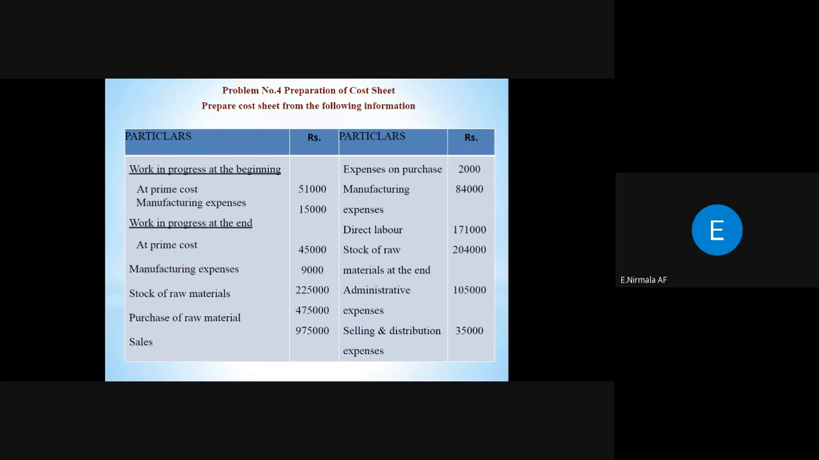Now, the next problem, problem number 4. Preparation of cost sheet from the following information. Here we have work in progress at the beginning. That is, beginning means opening one, right? Opening work in progress at prime cost, opening work in progress at manufacturing expenses. Next one, work in progress at the end. It means closing work in progress. So, closing work in progress at prime cost, closing work in progress at manufacturing expenses. Then here you have stock of raw materials, purchase of raw material, sales, expenses on purchase, manufacturing expenses, direct